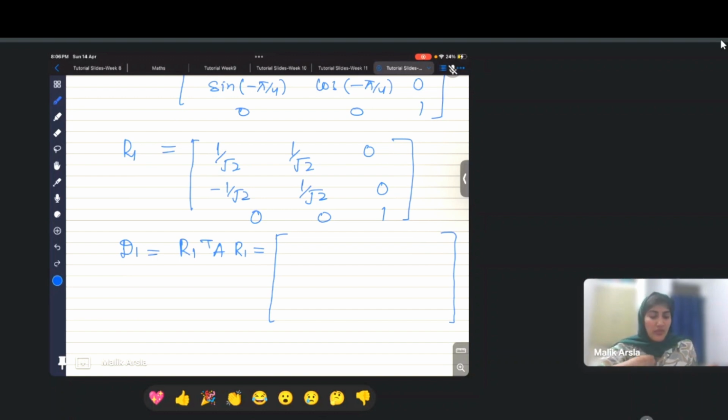What is your final answer coming out to be? What is the value of R2? 0.8880, minus 0.4596. And the second row is 0 1 0, and the last row is 0.4597, 0 and 0.8801, right? Yes, ma'am, that is coming out to be the same. Fine, I'll still check the method you're talking about.